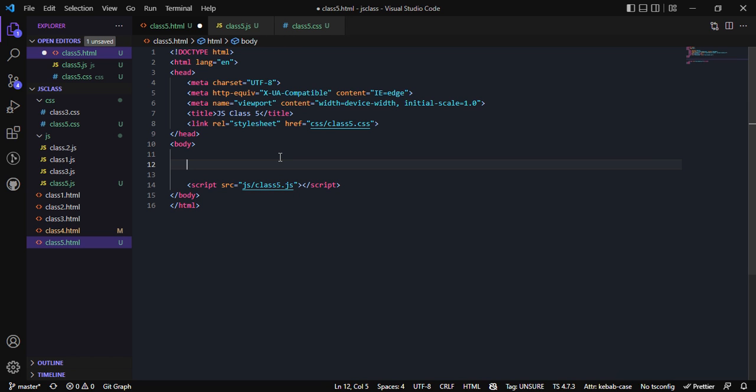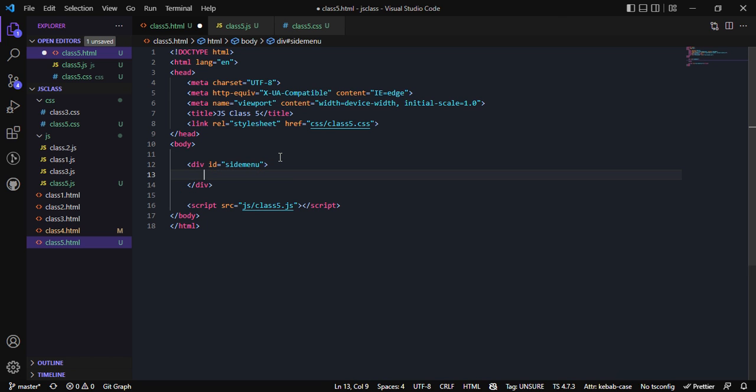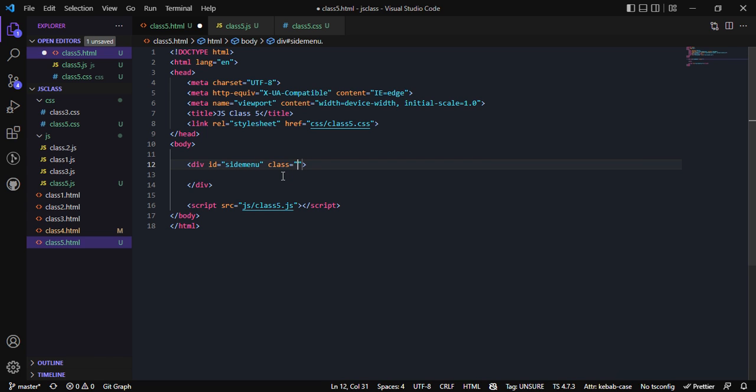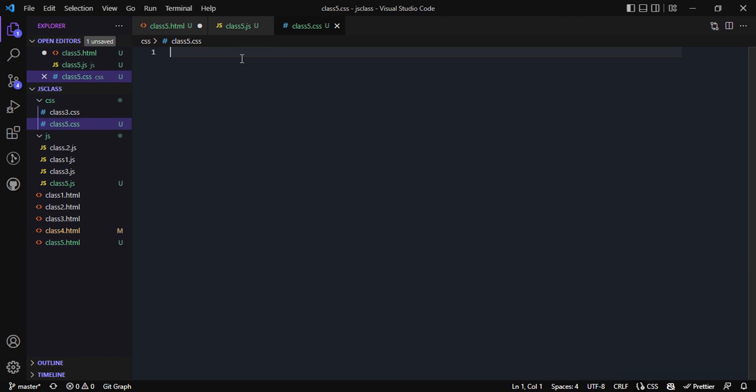So the first thing first is I will have to create a div. I'll give it an ID, call it the sides menu. This is where our side menu is going to stay. But for now, we'll give it a class hidden for now. That means in our CSS, we should have